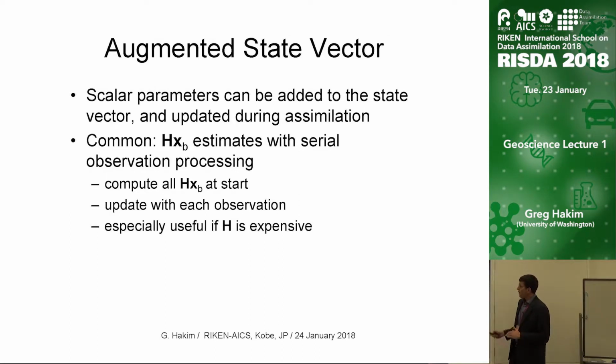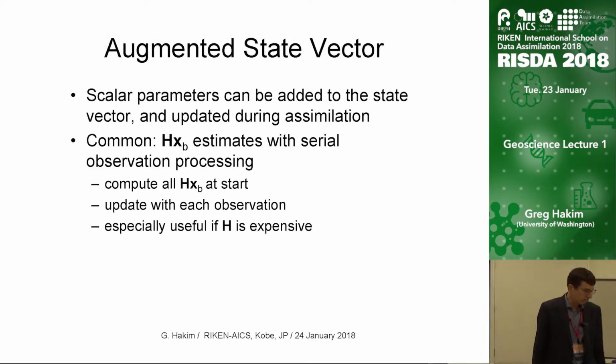And this avoids needing to compute the measurements every time we've assimilated one of these measurements. And this is especially useful if it's an expensive exercise to compute the measurements. We compute them all up front at the start. We augment our state vector with all of these estimates of the measurements, and then we update all of those estimates with the ones that we assimilate one at a time. And that's essentially equivalent to, after assimilating a measurement and updating all the ensemble members, running the H operator over the updated ensemble for the next measurement. You can do it both ways, but in principle, this augmented state vector is a cleaner approach. But you don't have to do that.